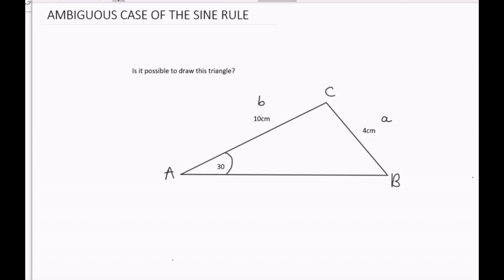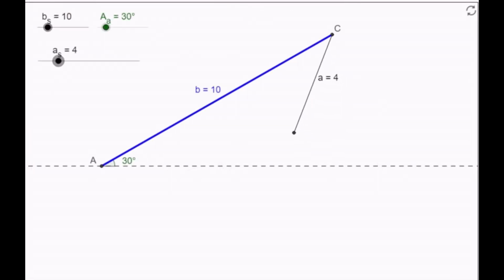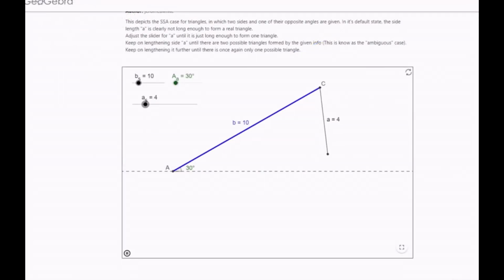Now I've put this into GeoGebra, and you can see that it's not possible to draw a triangle with these dimensions because the opposite length to A is not long enough to reach the bottom. So let's see if we can work out how long a would have to be so that there would be a solution. So if we go back to our diagram,